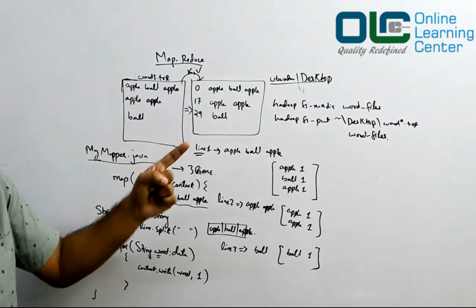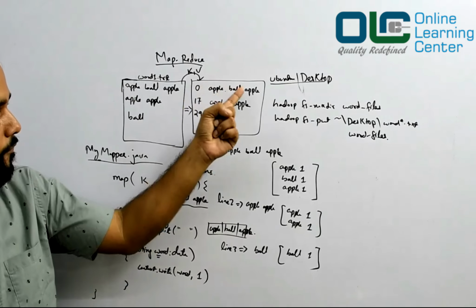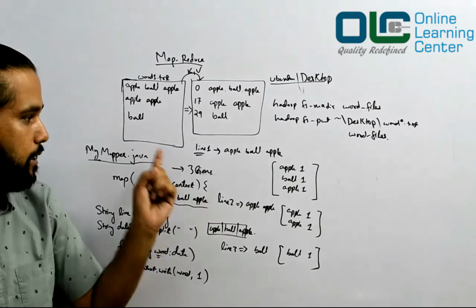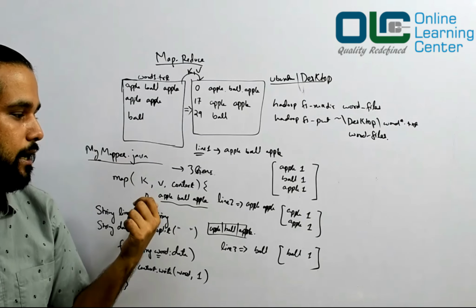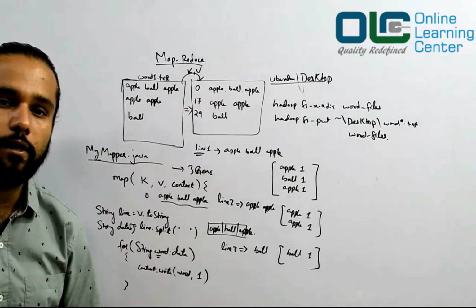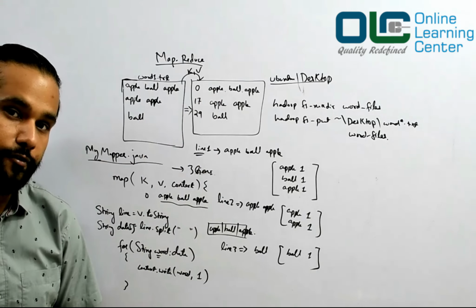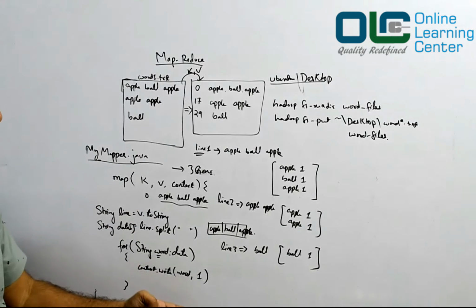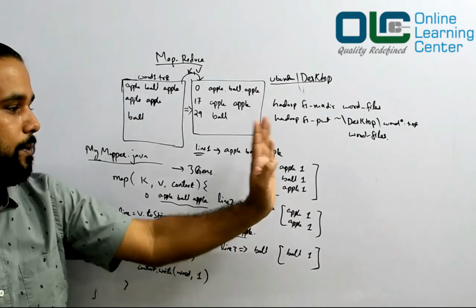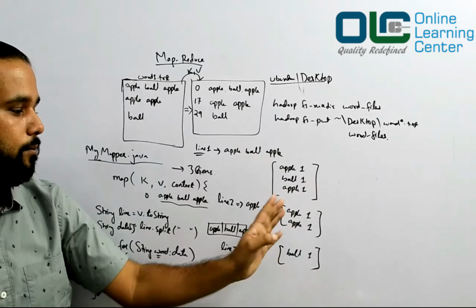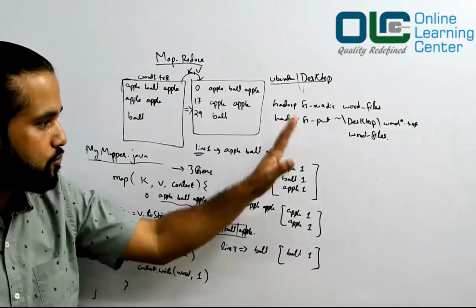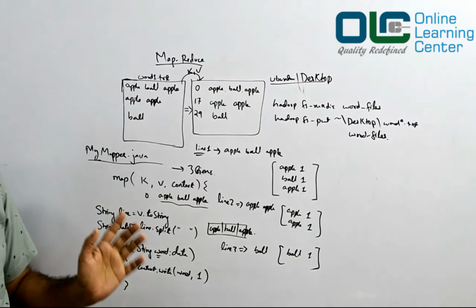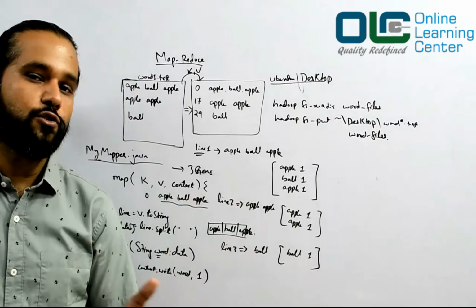So can we say that what we did is we converted our line into key value pairs through your mapper code? See, before the data comes to your mapper, it was automatically converted into key value pair by the framework, right? But then your mapper started emitting the data in the form of key value pairs: apple 1, ball 1, apple 1, apple 1, ball 1, apple 1 and so on. So I hope you understood what a mapper is doing here. Mapper is converting anything into a key value pair.